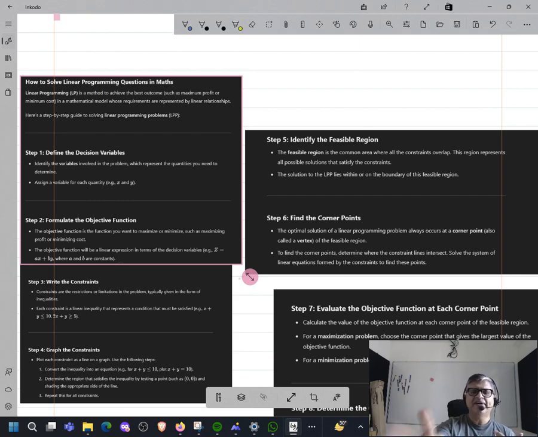So first step, identify the decision variables: chairs and tables, flowers and something, orange and apple. Something will be given to you that you need to clearly say is x and y. Second, write the objective function. Profit has to be maximized, so this needs to be optimized. Make an equation for that. Then write the constraints. What is the constraint within which you have to achieve this? There is no unlimited fund available, and there is no unlimited space available in real life. So in a certain question you may have something else as a constraint. Write those constraint equations, right?